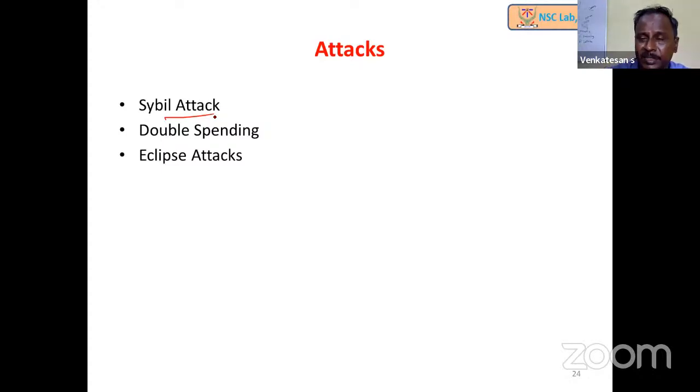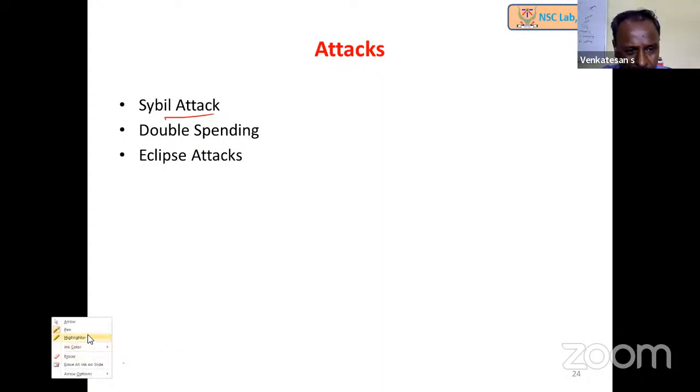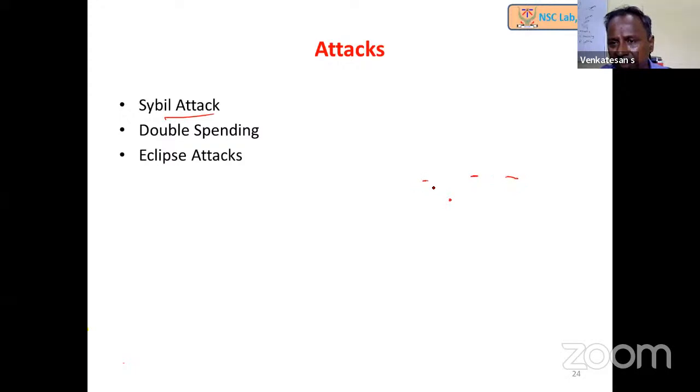And next is the Eclipse attack, as I was telling in the very beginning, where our neighbors may be colluded as attackers. Sorry. So let's say these are our neighbors, they all are colluded so that they can stop this particular node from connecting with the rest of the network. So they decide what I have to communicate, what I have to receive. So transmit and receive, these people can decide.